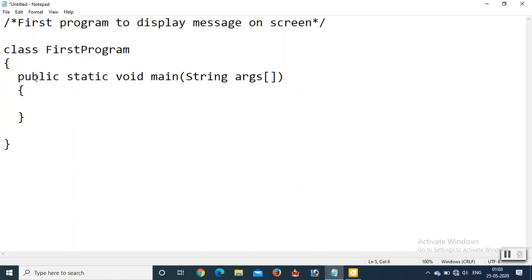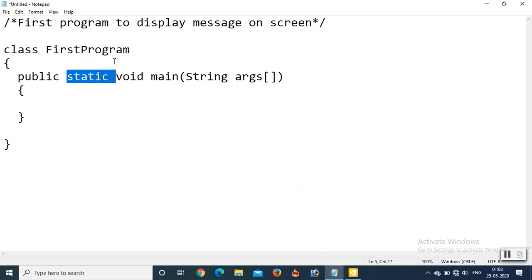Public specifies that the method can be used by other members of the program. Static means the Java environment should be able to call this method without creating an instance of the class. So this method must be declared as static.